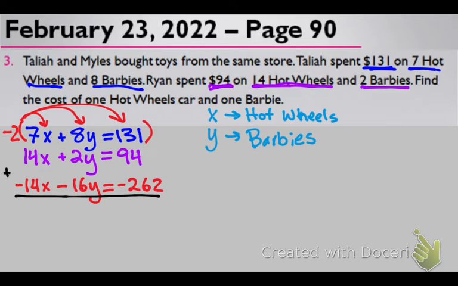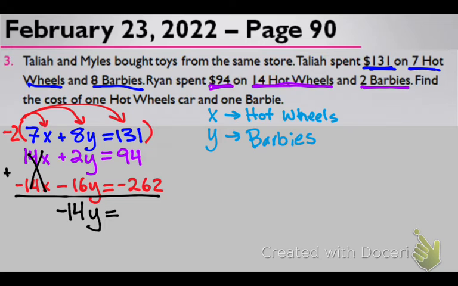We have 14x minus 14x, and just like we said, that cancels out. 2y minus 16y, 2 minus 16 would be negative 14y. And 94 minus 262,